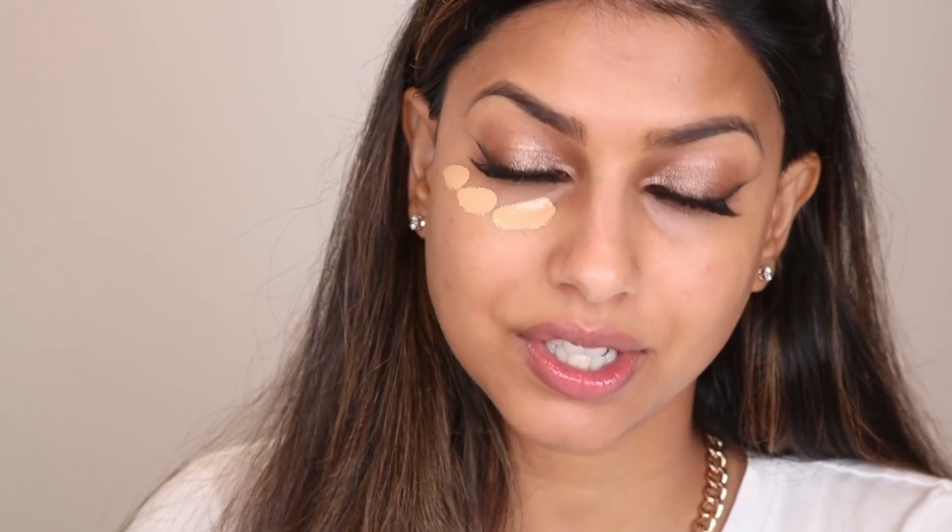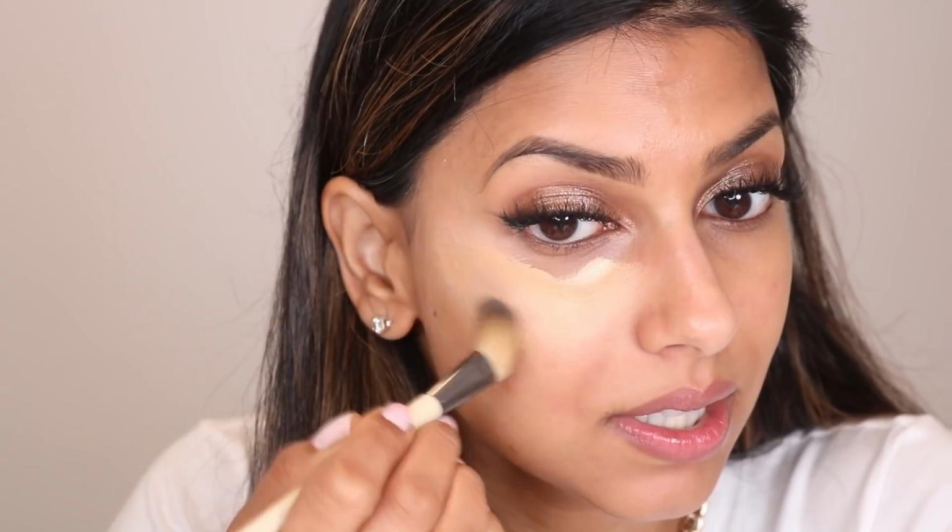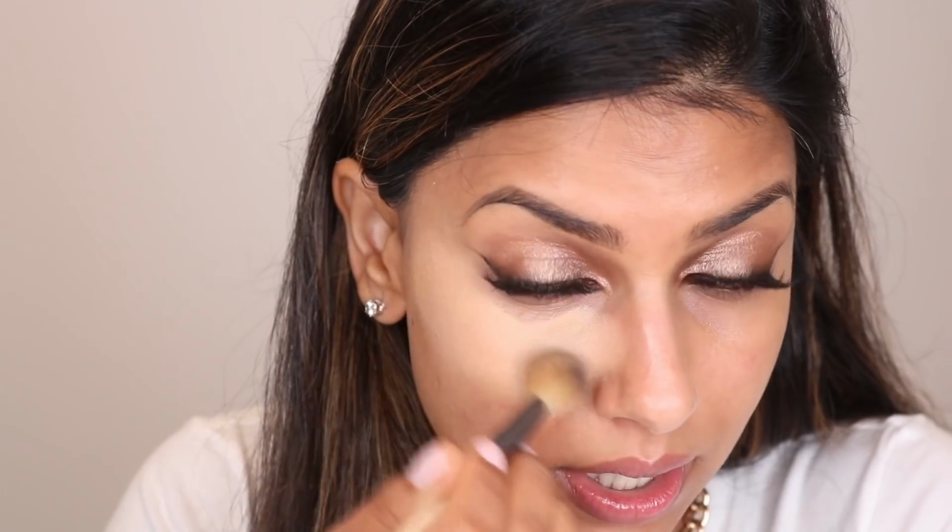And now you guys are gonna see me work fairly quickly with this concealer, because the thing that I want to mention is that once this concealer sets, it sets. Like, it's hard to move it. But let's talk about the coverage. It is full coverage, blends out really nicely. You do, again, want to make sure you blend fairly quickly, because once it sets, it's on there, but it